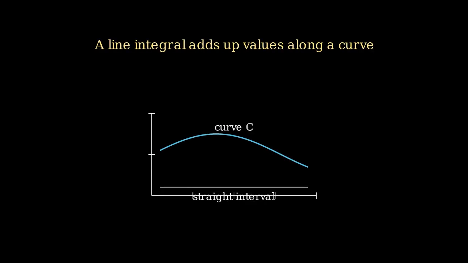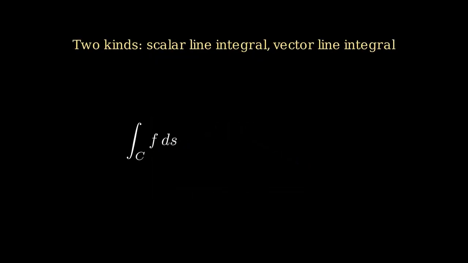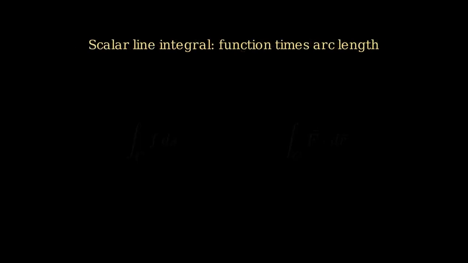A line integral adds up a quantity along a curve rather than along a straight interval on the x-axis. There are two kinds of line integral, a scalar line integral and a vector line integral. A scalar line integral adds up a function's values along the curve, weighted by a small piece of arc length